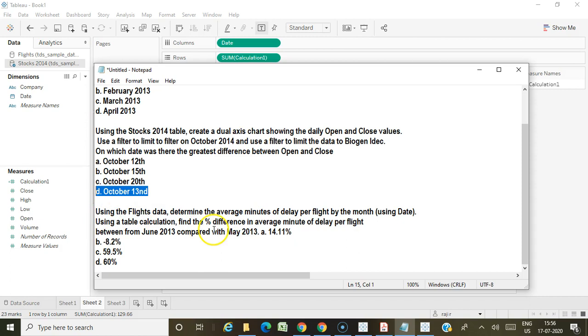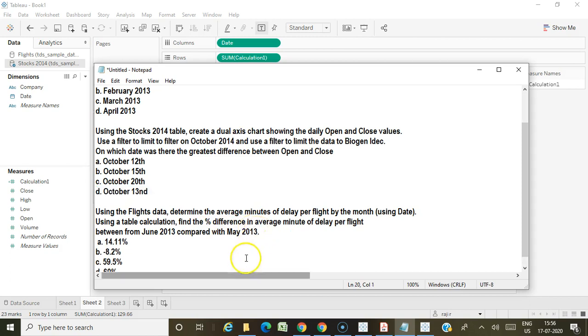So using the flight data, determine the average minutes of delay per flight by month. Use a table calculation, percentage difference in average minutes of delay per flight from June 2013 compared with May 2013.